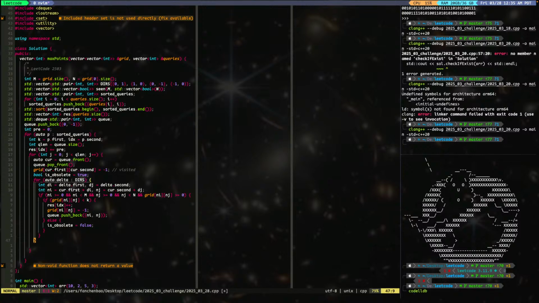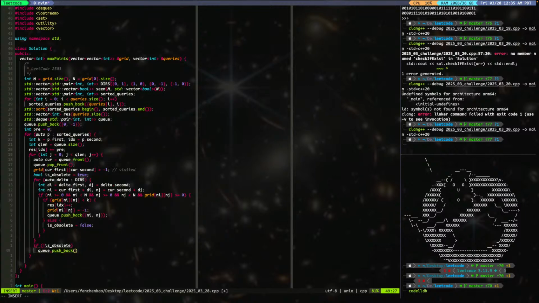What's delta? Oh, it's delta. So yeah, this is the current node. So once you get out, we need to check. If it's not obsolete, then q.push_back current. Right, I'll have to push current back because it has not been obsoleted yet. So this will give us the current res, right? The current res, and once all this is done,